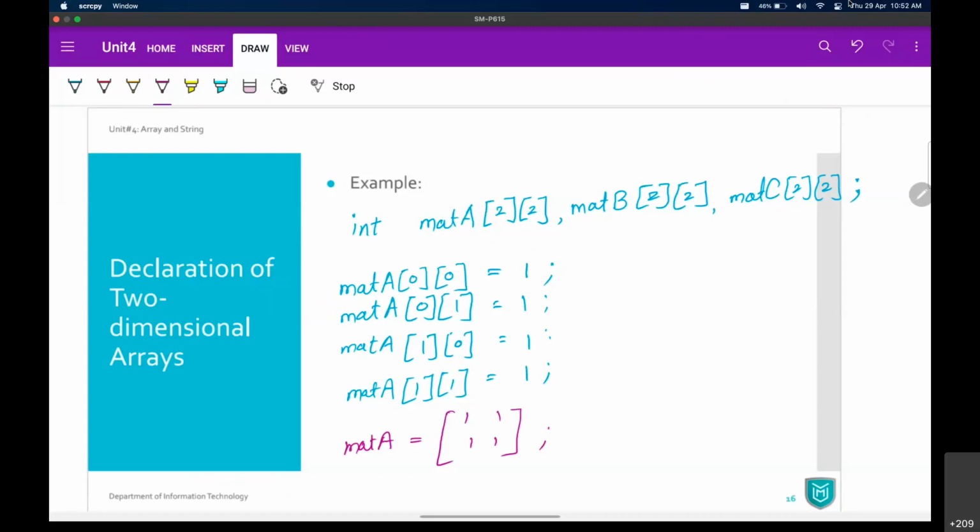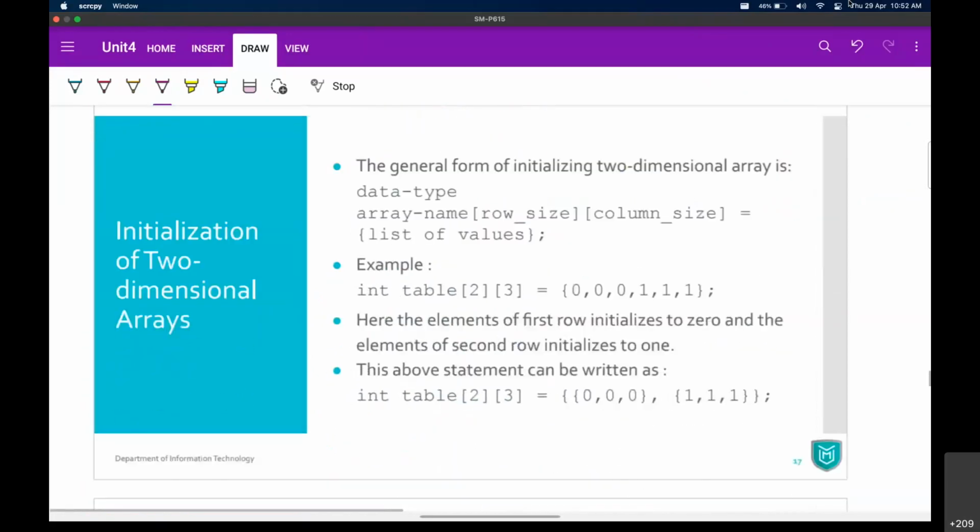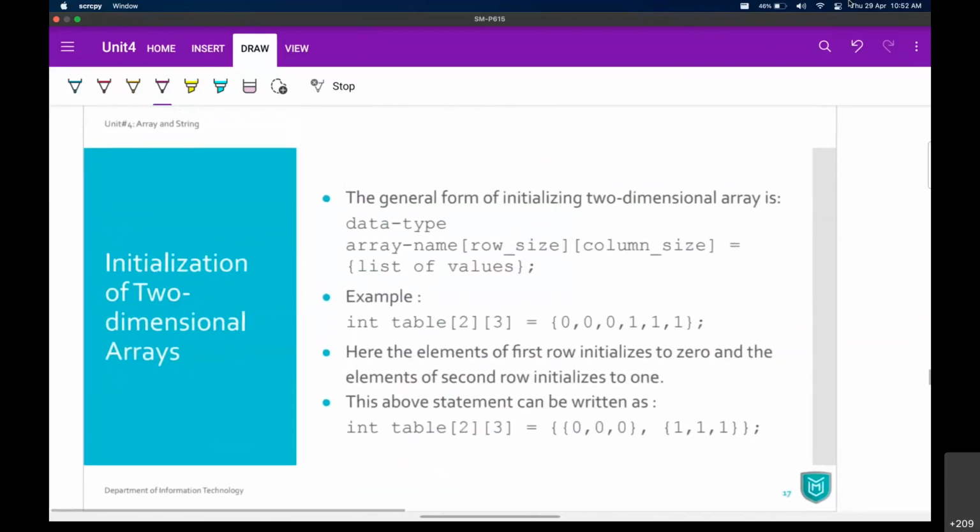At the time of declaration, if you want to assign some values, then this is how you can do it. So let us see initialization first, and then we will also see the example of how we can add those two matrices. But first let us see the initialization part.